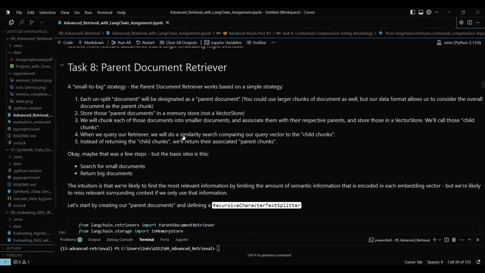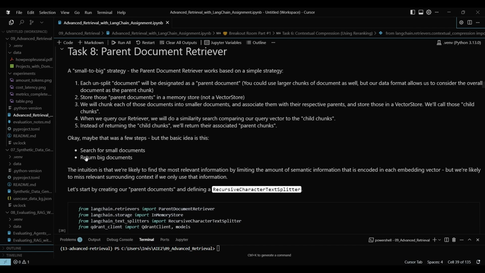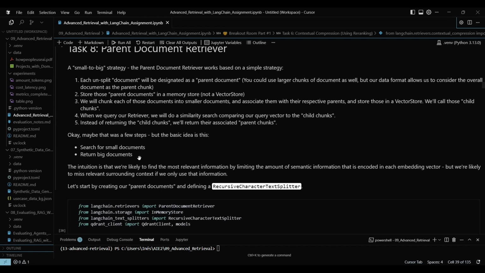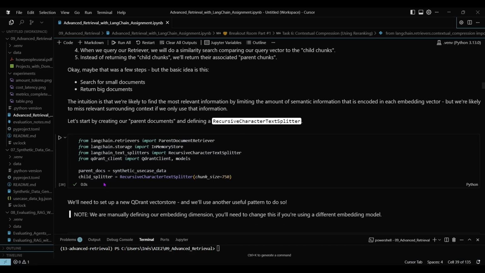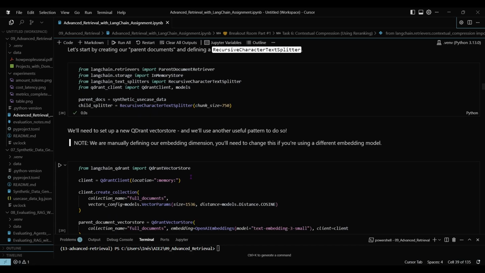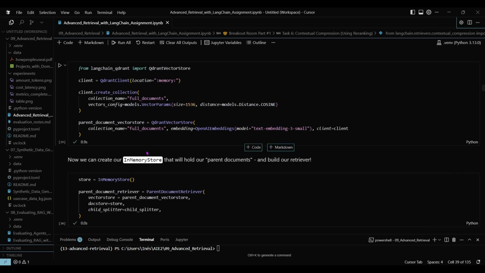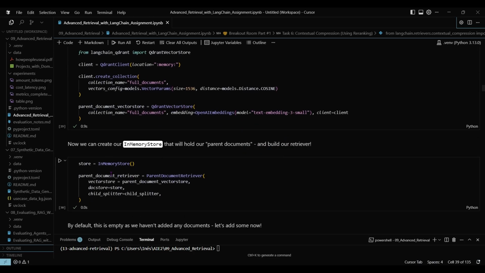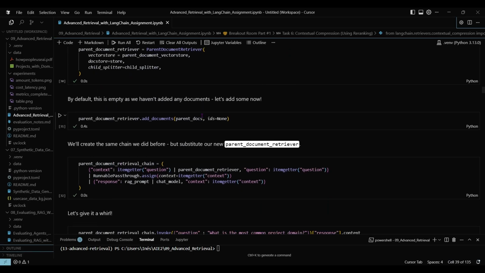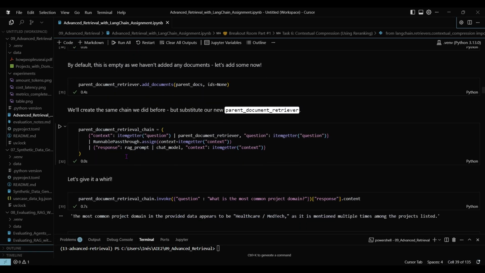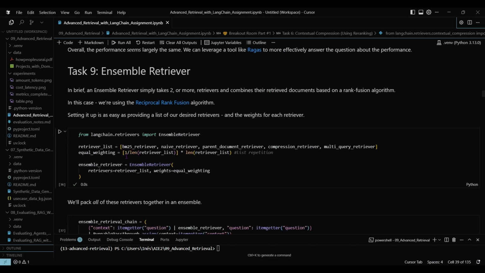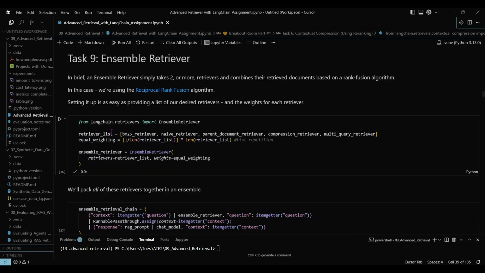Next, we go with the parent document retriever, which explained in simple terms, what it does is search for small documents and return big documents. We will be using for the child splitter the recursive character text splitter. And as we need someplace to store the parent documents, we need to instantiate an in-memory store. So we do that, we add the documents to the vector store, we instantiate the chain for this parent document retrieval, we test it,